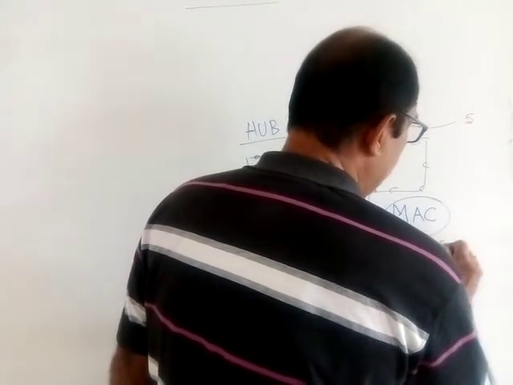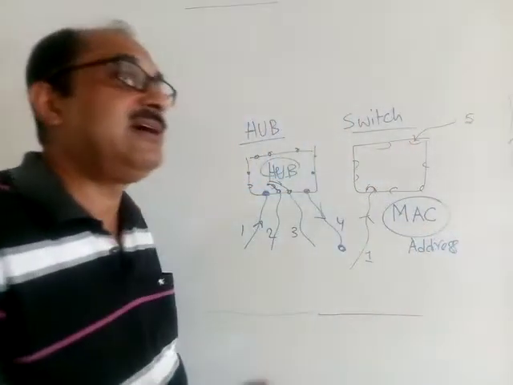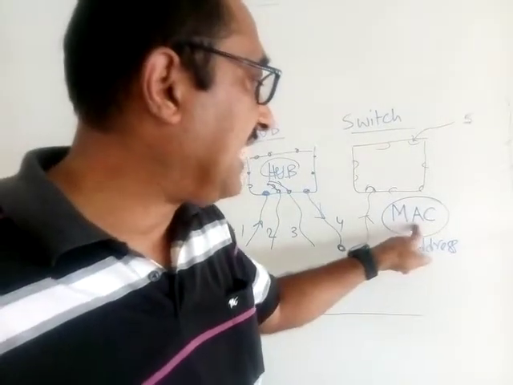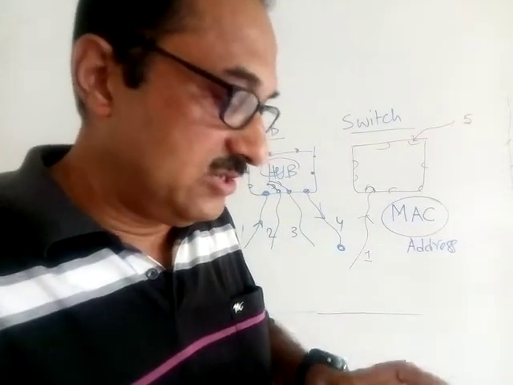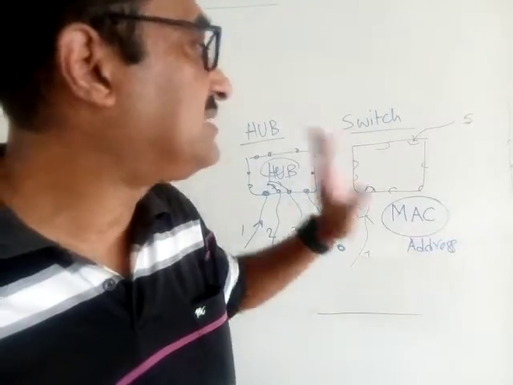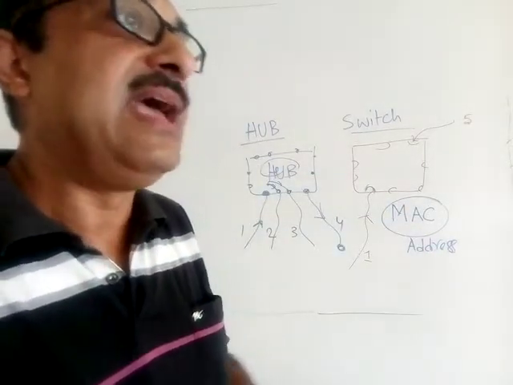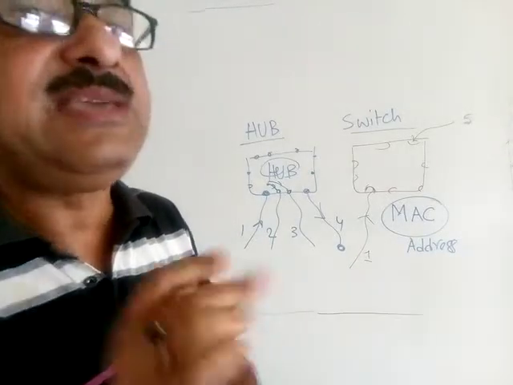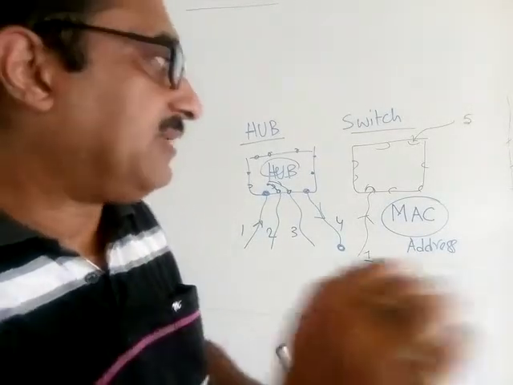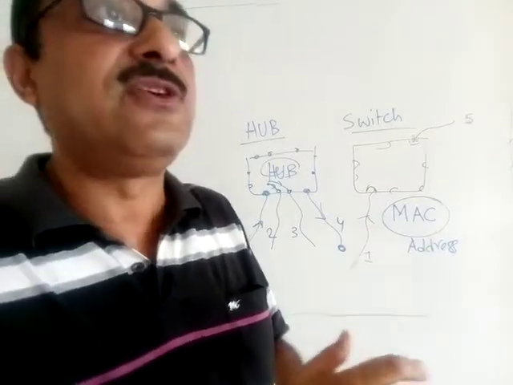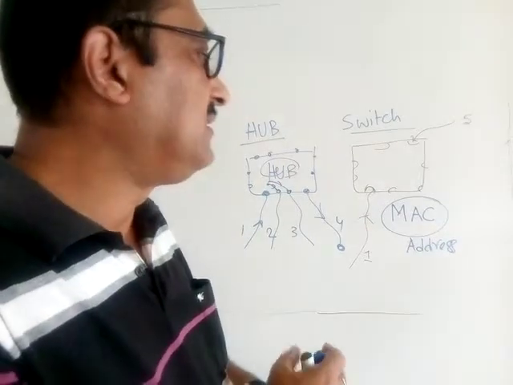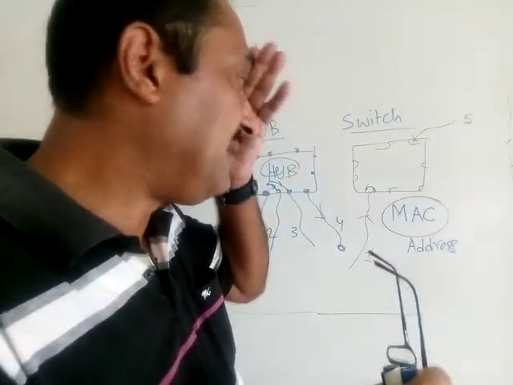It is called MAC address, or media access control address. So we have to first understand what a MAC address is, and in comparison with this we have to understand another address that is called an IP address. We will come back to this networking device called a router after this. There we will see the importance of the IP address.